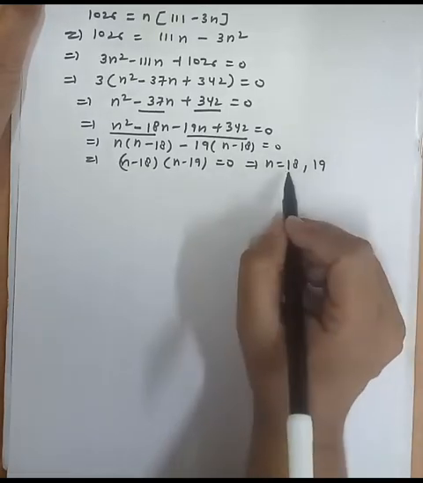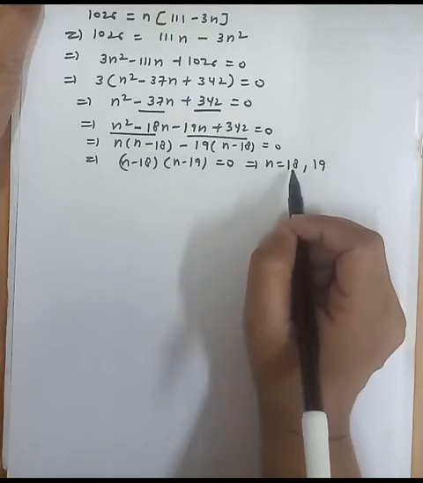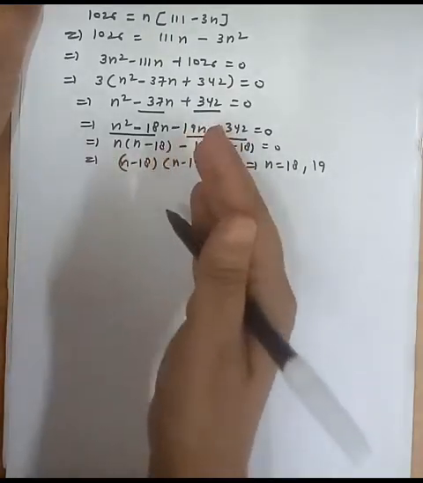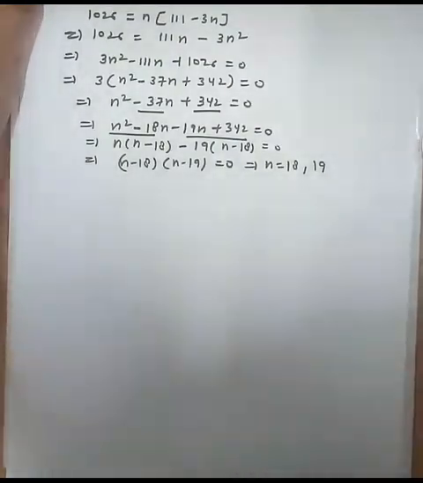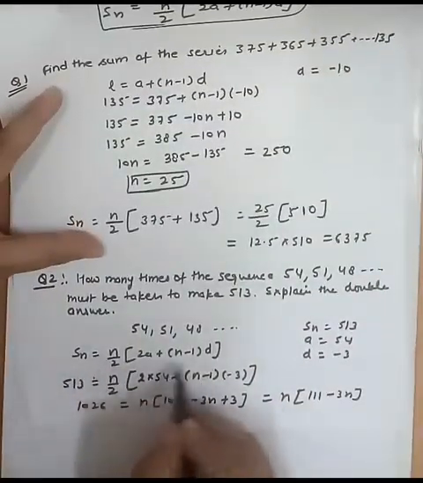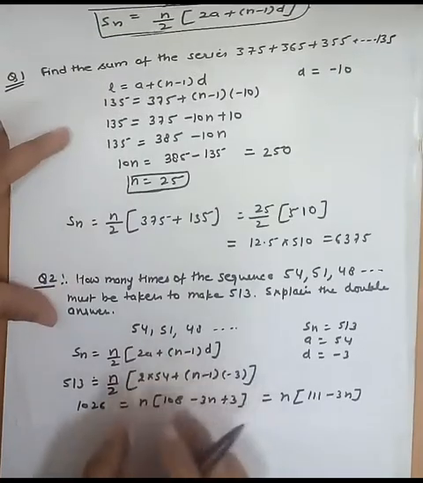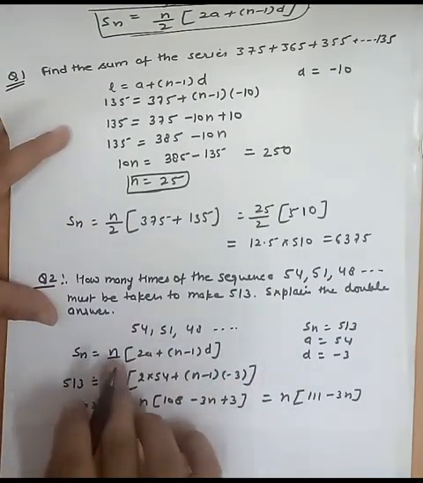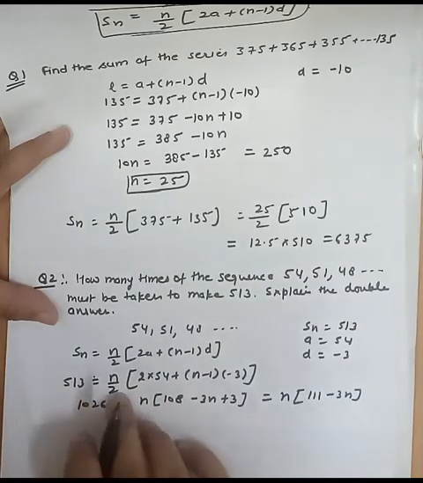So friends, there are two answers, 18 and 19. If you check the value 18, put it in the given sum formula. I mean to say, if you put the value 18 in here, you find the value 0. Here you also find 5 and 13, and if you put n equal to 18, 5 and 13 equal to 5 and 13, it means 5 and 13 minus 5 and 13 equals 0.